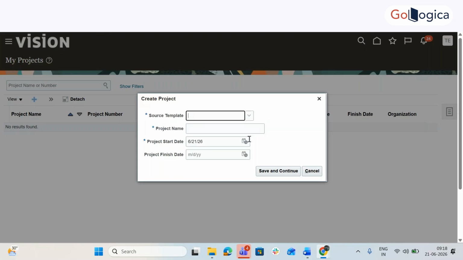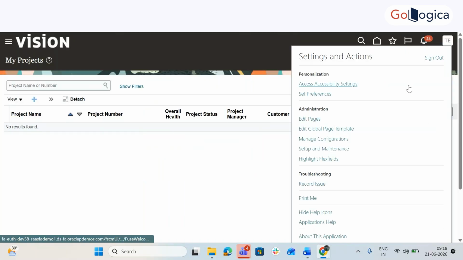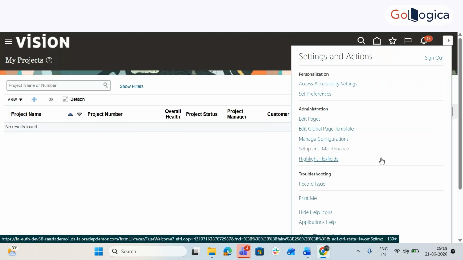So if you buy these Oracle licenses, if you define that, okay, in finance I don't need the receivables invoice, that won't be available for you. That is called offering. But when you have that module and you are not able to see it, then the roles and access come into the picture. See, setup and maintenance,